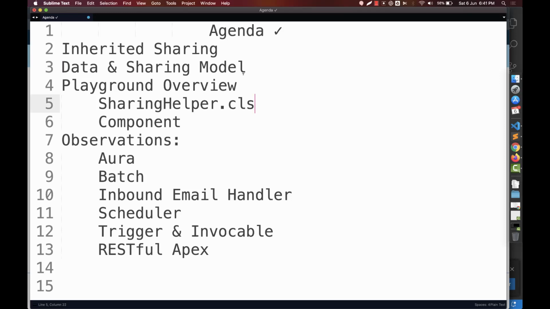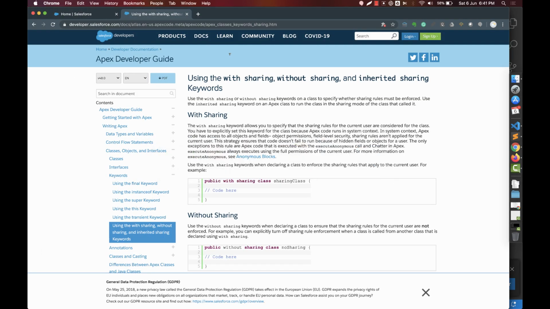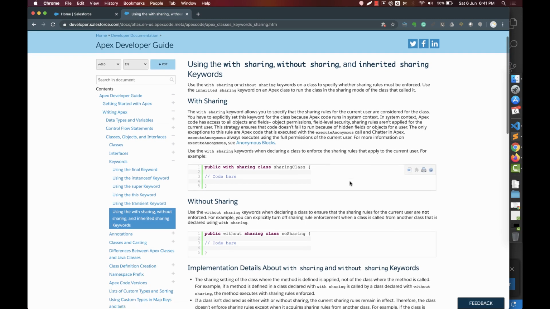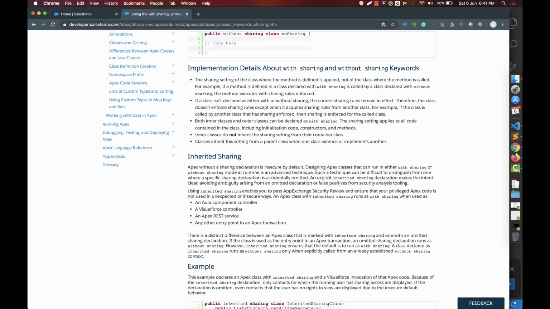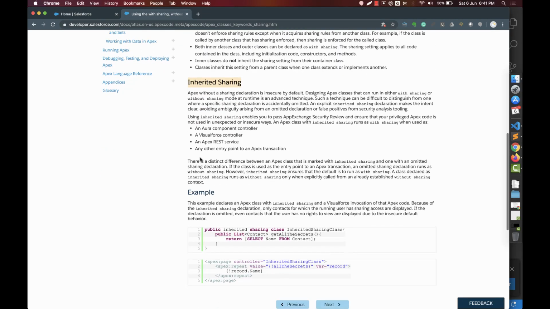So let's talk about inherited sharing. It came a few releases ago, and here is the official documentation about it. So I got a little curious about inherited sharing specifically because there is a little ambiguity about how it really functions,